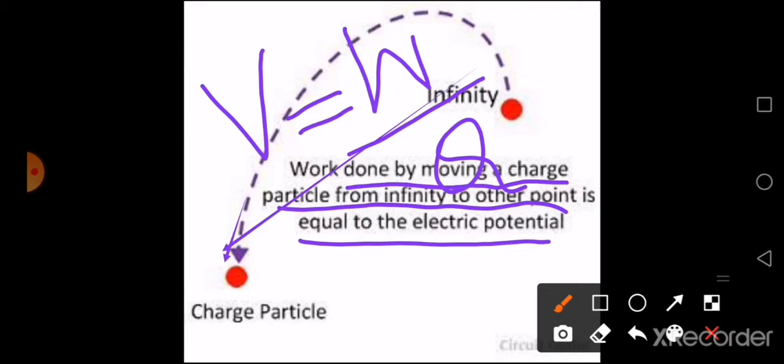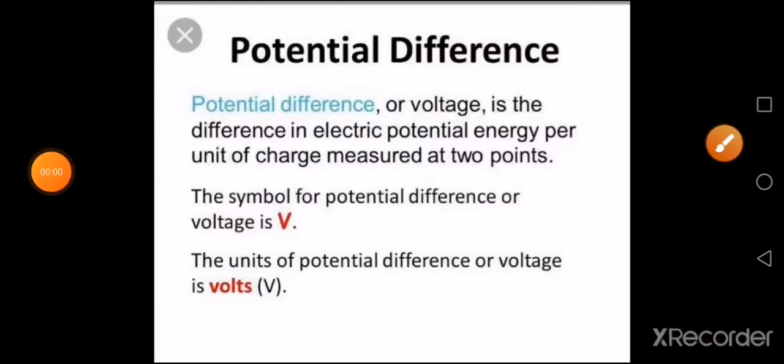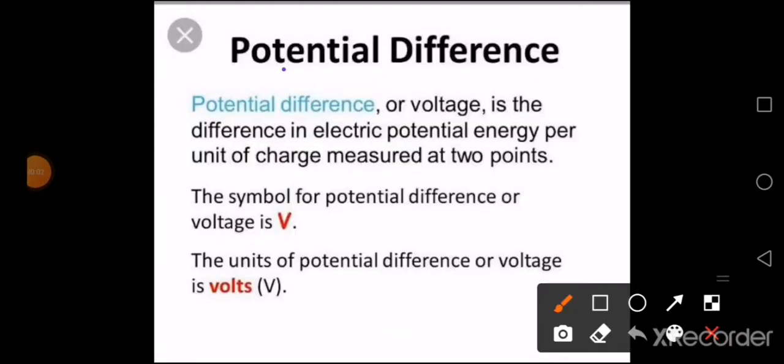Now again, when you come to the SI unit, there also you have volt itself, represented by the letter V. Don't get confused. The symbol of electric potential or potential difference and the unit is also going to be V itself. Now the next term you have to keep in mind is potential difference. When you talk about potential difference, it is the same as your electric potential. Electric potential we have talked about from infinity to a particular point, isn't it? Now when you come to potential difference, we are making use of it in practical areas, and potential difference you may call voltage also.